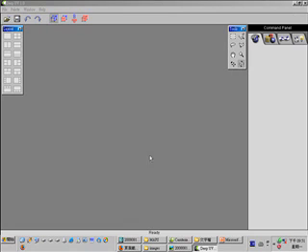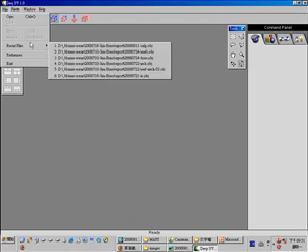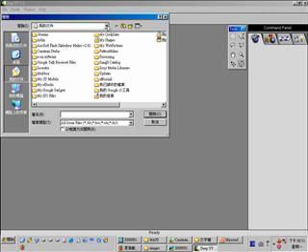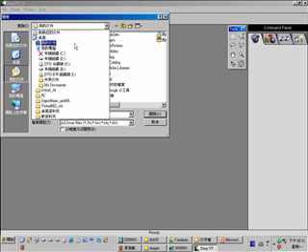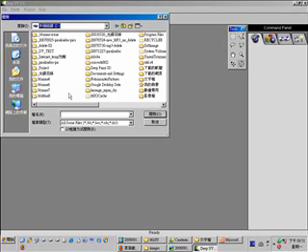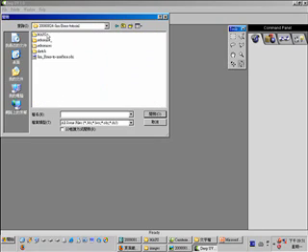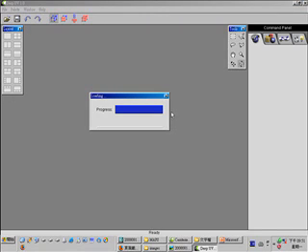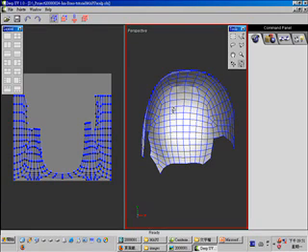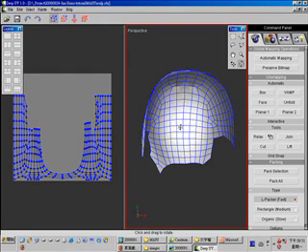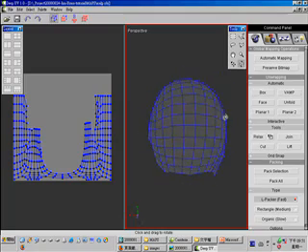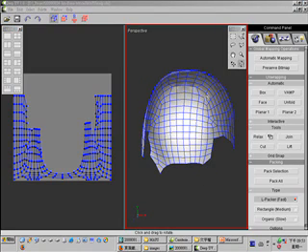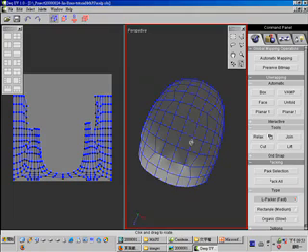Hit OK, and start your DeepUV software and open up the OBJ we just exported in 3ds Max. Go to project, tutorial, map, sculpt. So this is our sculpt,